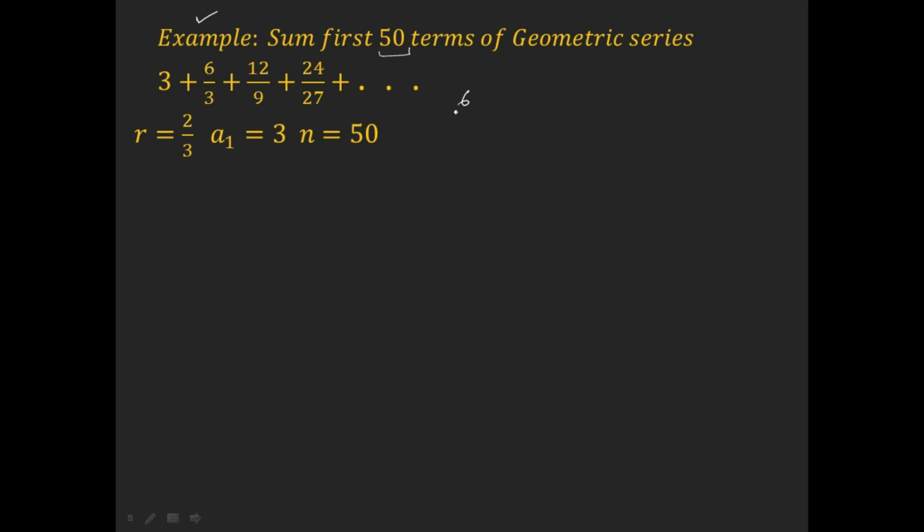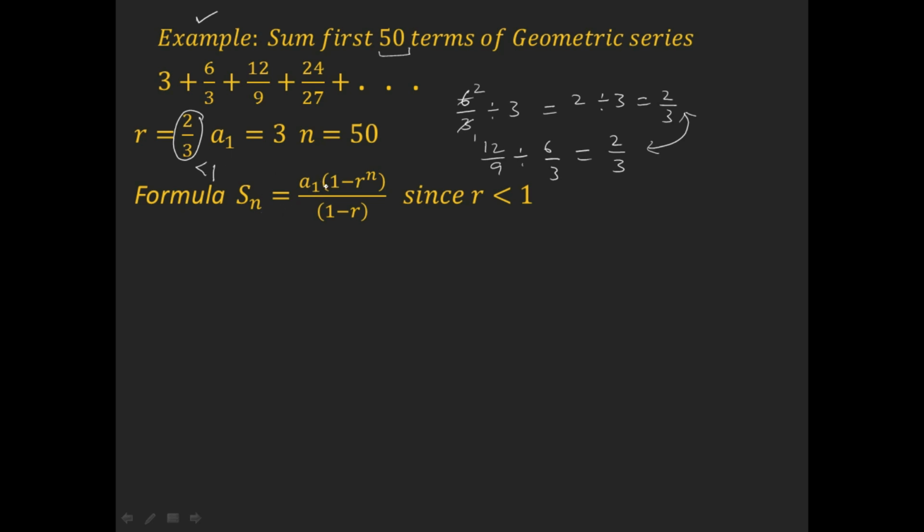Because if we divide the second term by the first term, we are getting 2 divided by 3, and if we divide the third term by the second term, again we are getting 2 divided by 3. So r is 2 divided by 3 because both the second term by the first term and the third term divided by the second term are giving the same answer. And as 2 divided by 3 is less than 1, the formula will be